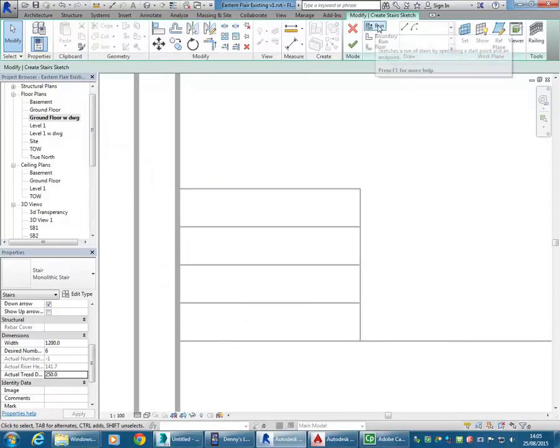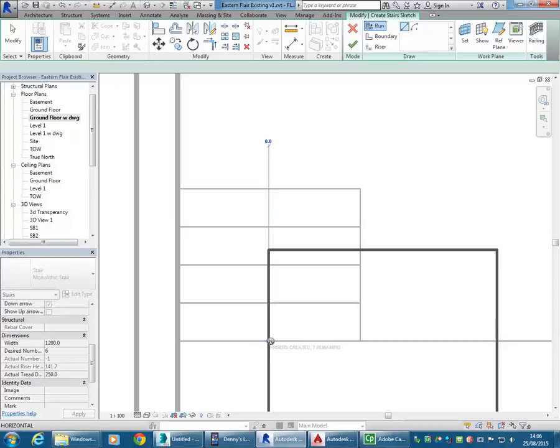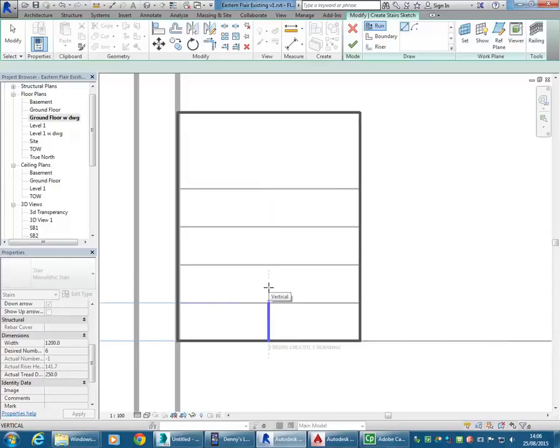Okay, so now to draw the stair back to run, I've got a line here which should give me a midpoint. If it doesn't come up automatically, do you know the shortcut for midpoint? SM. Yeah. So SM is snap to midpoint. And now you can see coming up,